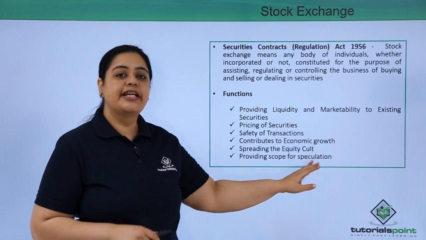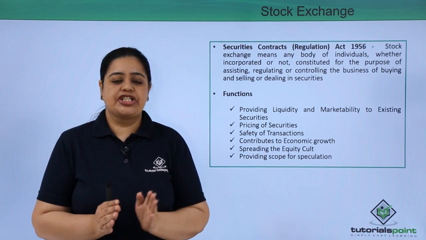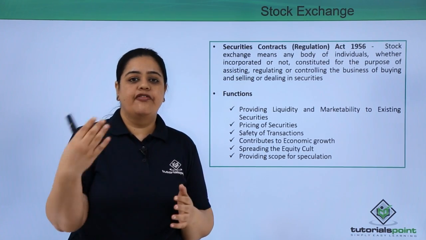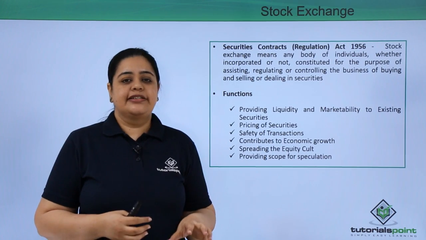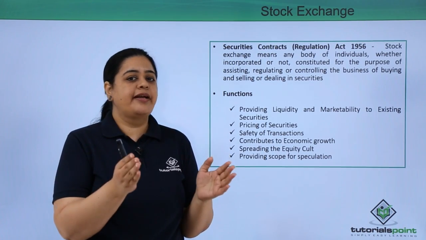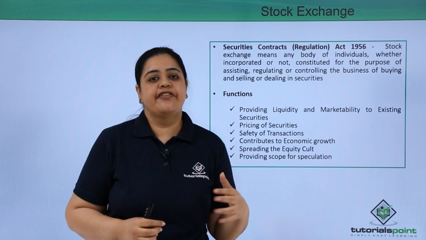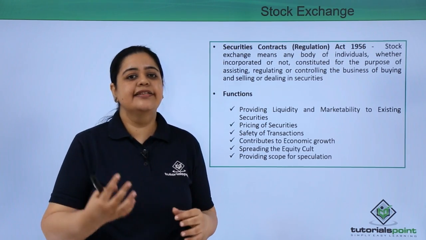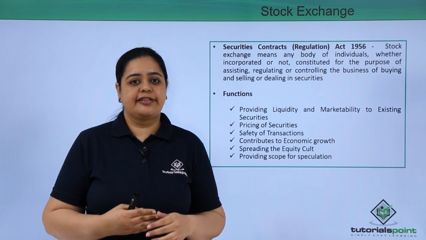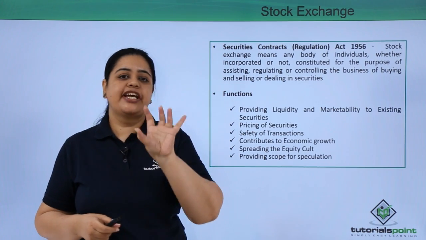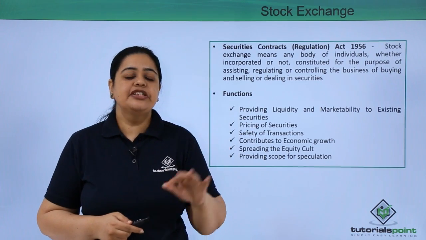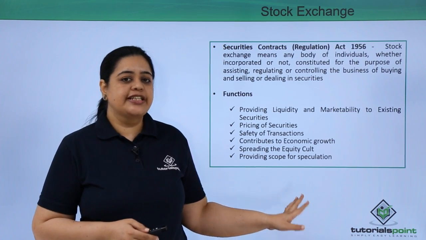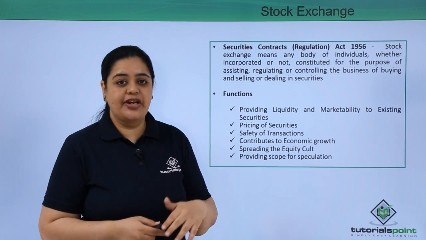Now it helps in providing the scope for speculation. Now remember, the secondary market is not only for trading, but also for long term investment. There are investors, and when I am talking about investors, I mean the savers. So there would be certain people who would be interested in speculation, and that is the reason the derivative instrument market has been developed in NSE. So you have those F&Os also, that is the derivative instruments through which you can trade in the National Stock Exchange. It allows you for speculation also.